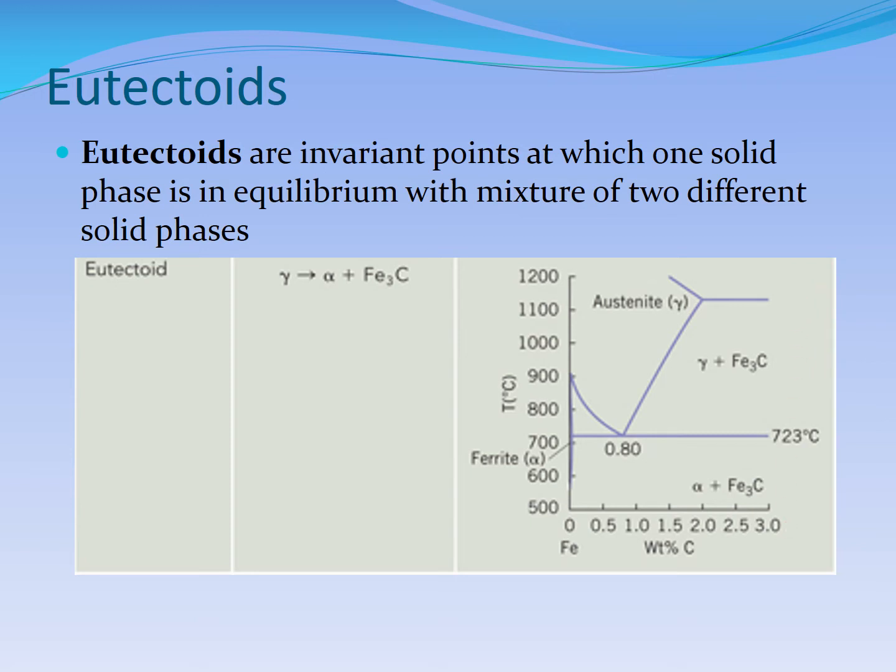Remember, the definition of eutectic is that liquid suddenly changes into two solids. But wherever a solid suddenly changes into two solids, that point is called a eutectoid point. Eutectoid means something like a eutectic. In a eutectic, a liquid changes into two solids. So it is similar, but here a solid changes into two solids. So we will see later on that in an iron carbide or a steel diagram, there is a eutectic point and there is also a eutectoid point.